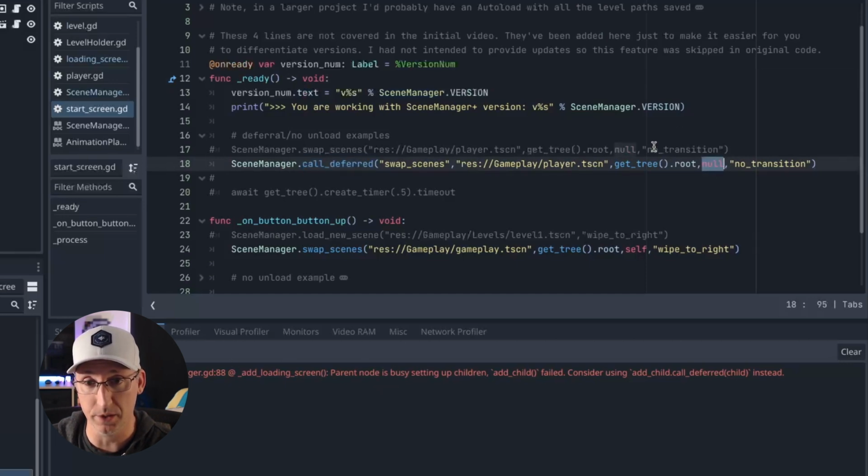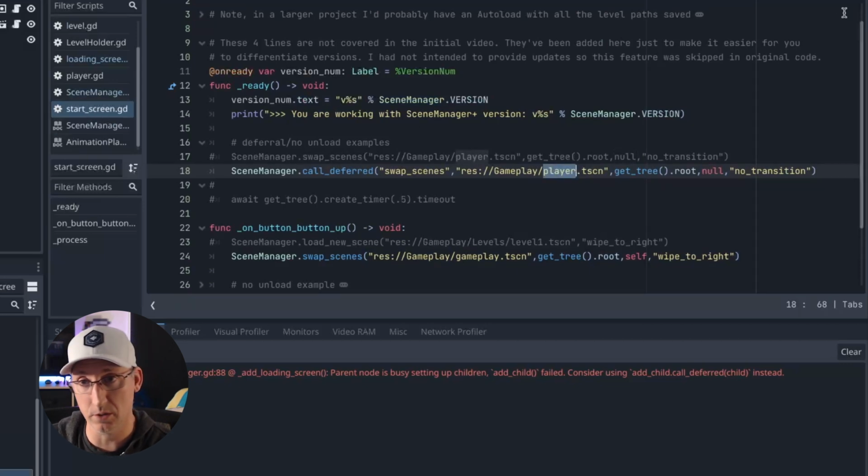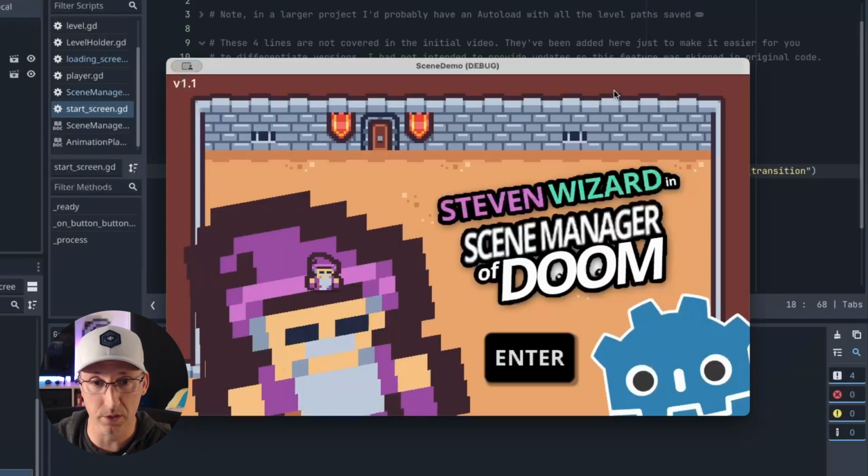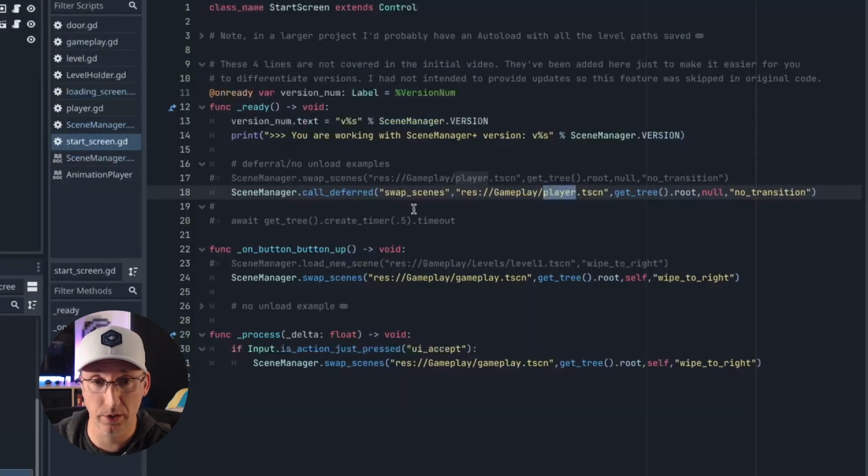So I'm actually going to run this, and it's going to load the player on top of the start screen and not remove the start screen. So there it is. So you could use this in your game to load things into a scene without having to replace or unload something else. But I built that feature in because it was a fairly easy thing to add. I can't think of great use cases for it because frankly, if that's something you're doing, you're probably going to do that